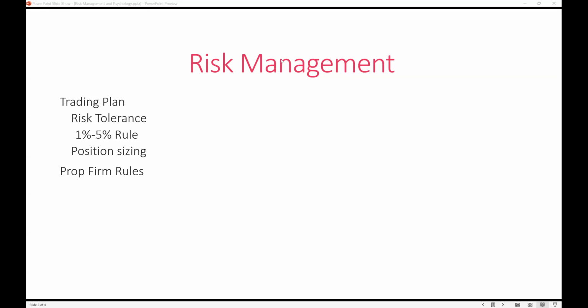I know there's one person that mentioned, I don't know how you say the name, GL Lu: I started my first funded and blew it in 2 days. So this is why I mentioned earlier, it is really important that you treat every evaluation like a funded account. Even though you can pass an evaluation so easily, if you apply that same trading style to a funded account, you will blow your account very, very fast.